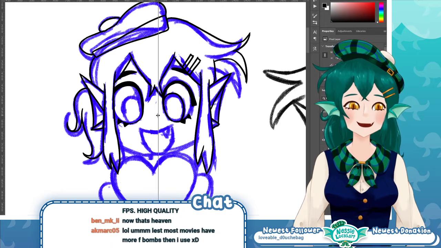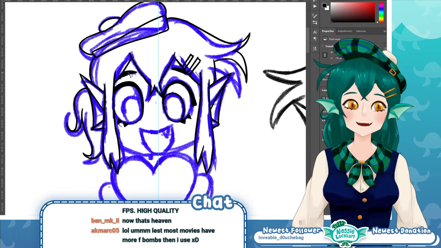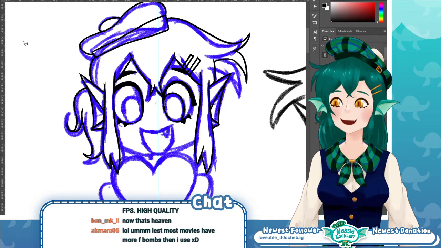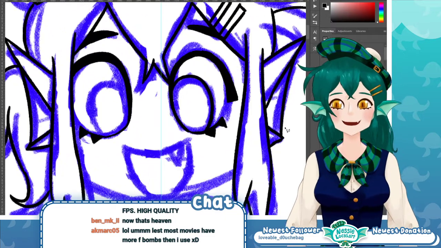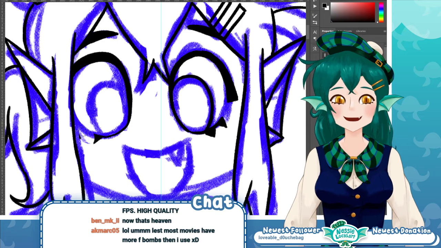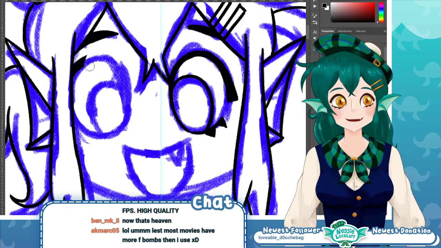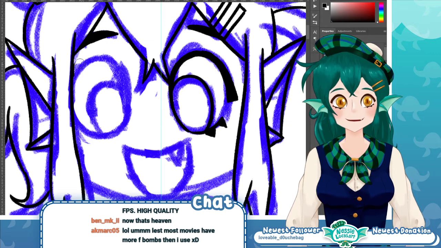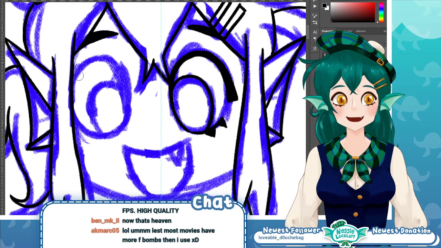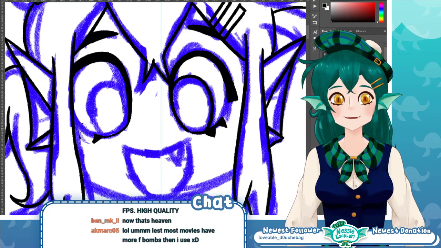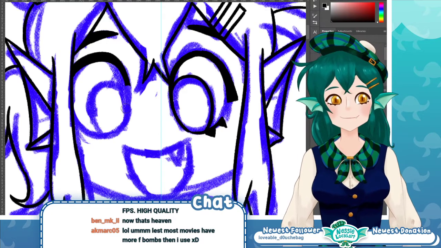Eyes. Really wonky. I know some people think copying and pasting is cheating. I don't see it as cheating when it's something that's art. So I'm gonna just try to make the eyes match a little better. Sometimes efficiency is more important than art rules.